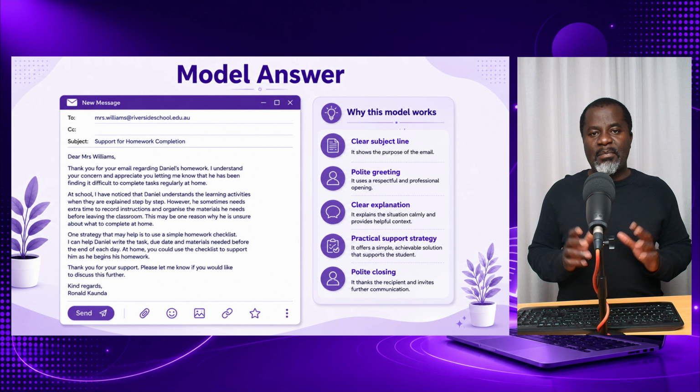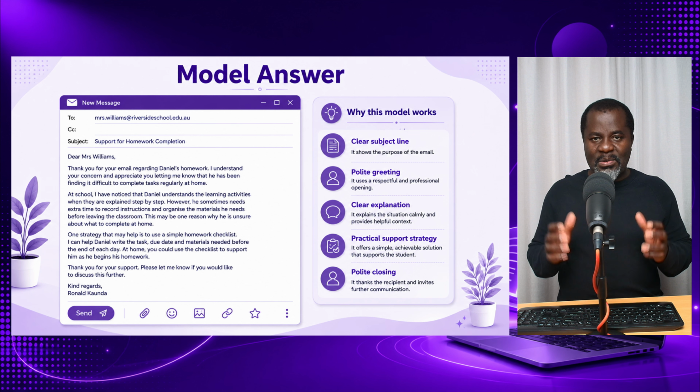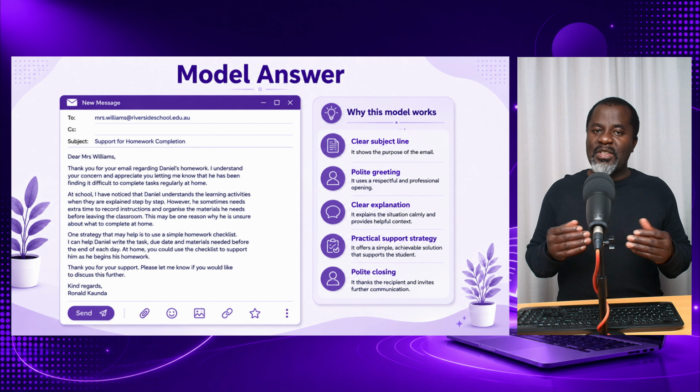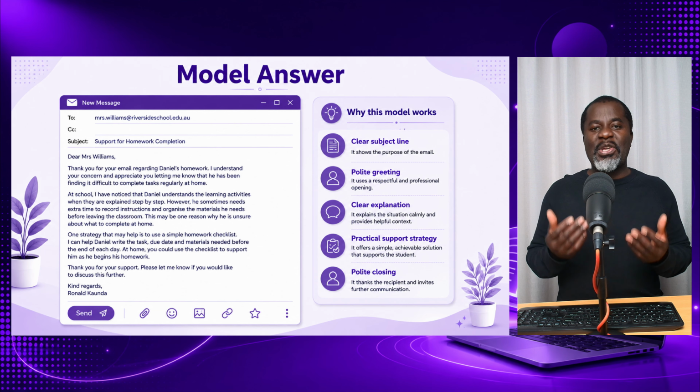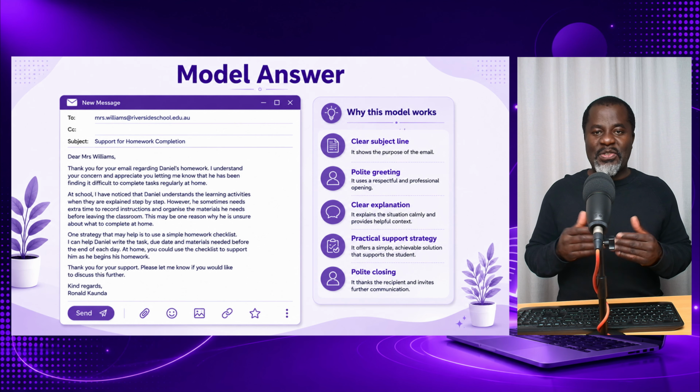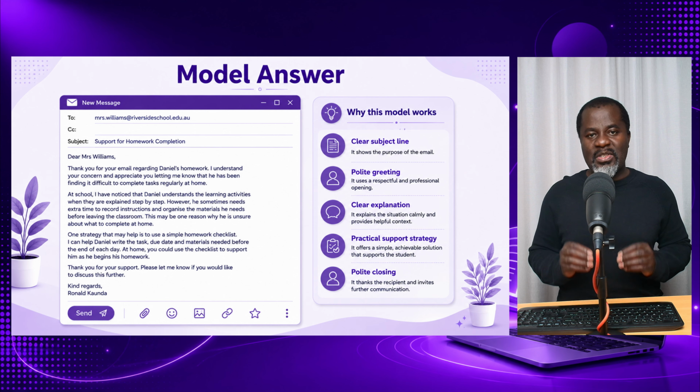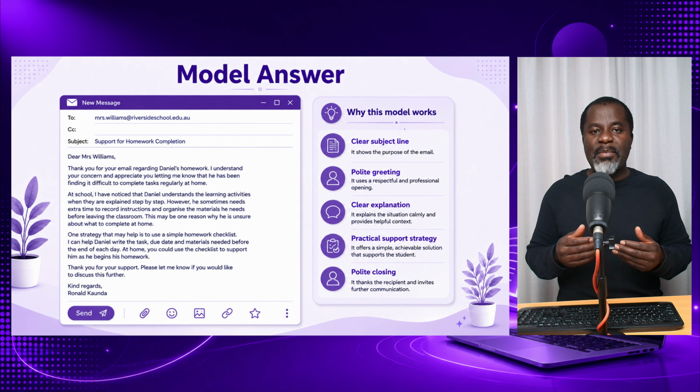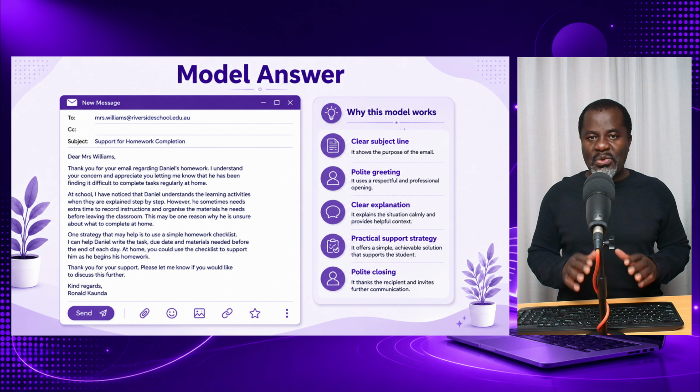Step number 4, model answer. Let's look at a model answer. Subject: support for homework completion. And then we will write, Dear Mrs. Williams, thank you for your email regarding Daniel's homework. I understand your concern and appreciate you letting me know that he has been finding it difficult to complete tasks regularly at home. At school, I have